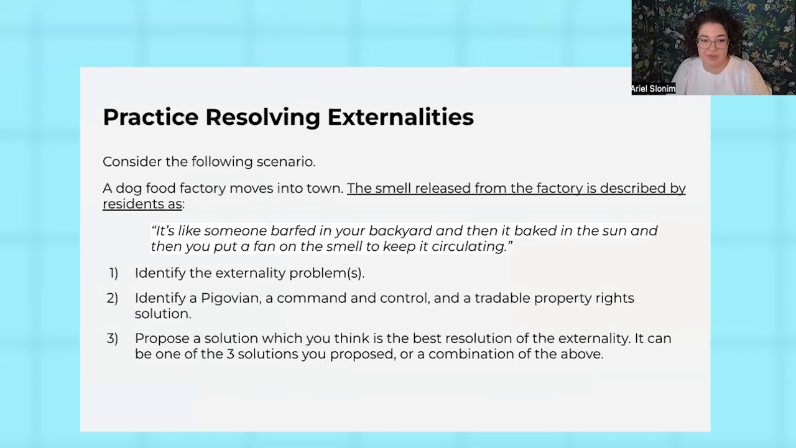Then we ask students to come up with their own solution to this kind of comical problem, but it's a real problem where a dog food factory is making life miserable for nearby residents because of the smell that's emitting from the factory, right? So we want them to identify the externality problem. We want them to think about 3 different solutions, right? A Pigouvian solution, a command and control solution, and a tradable property rights solution,